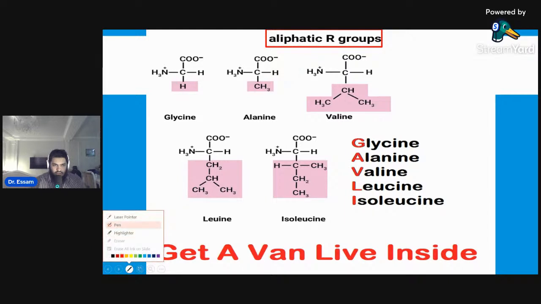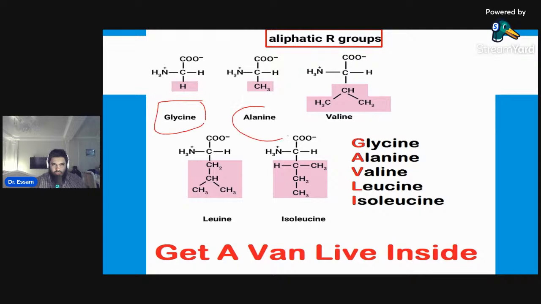These are the aliphatic amino acids. So they have a chained structure. You can see chained structure in all of them, right? But there is something special about valine, leucine, and isoleucine. What is special about their structure? If you focus on the side chains, these side chains have branches in them.